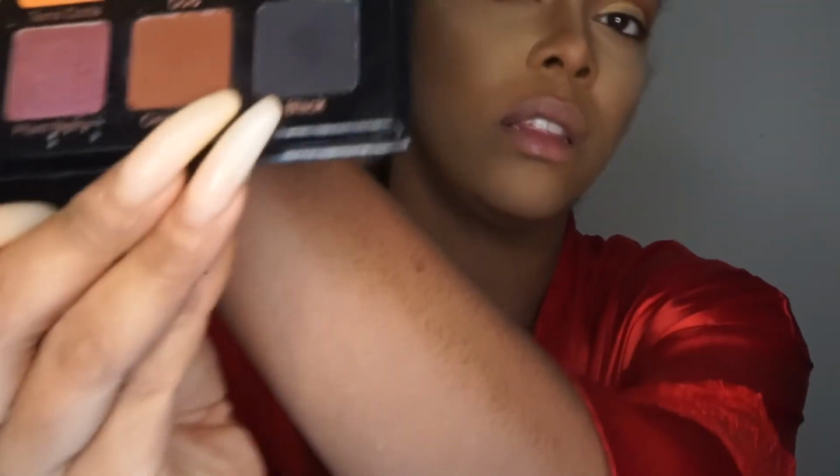And then I'm gonna go back with that Precision shadow brush, and I'm gonna go in with the color Cinnamon in this palette, and I'm gonna take that